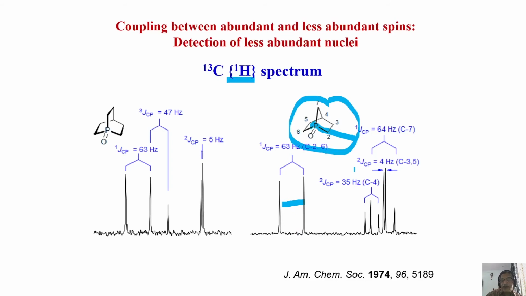Then 2 bond carbon phosphorus couplings are seen. But one thing you should see, these coupling strengths are much smaller, unlike in fluorine. Remember, 1 bond carbon fluorine was nearly 300 Hertz, but here carbon phosphorus coupling is much smaller. Nevertheless, you were able to analyze, and clearly it could be this molecule or this molecule, both the type of molecule. You can make the assignment easily.